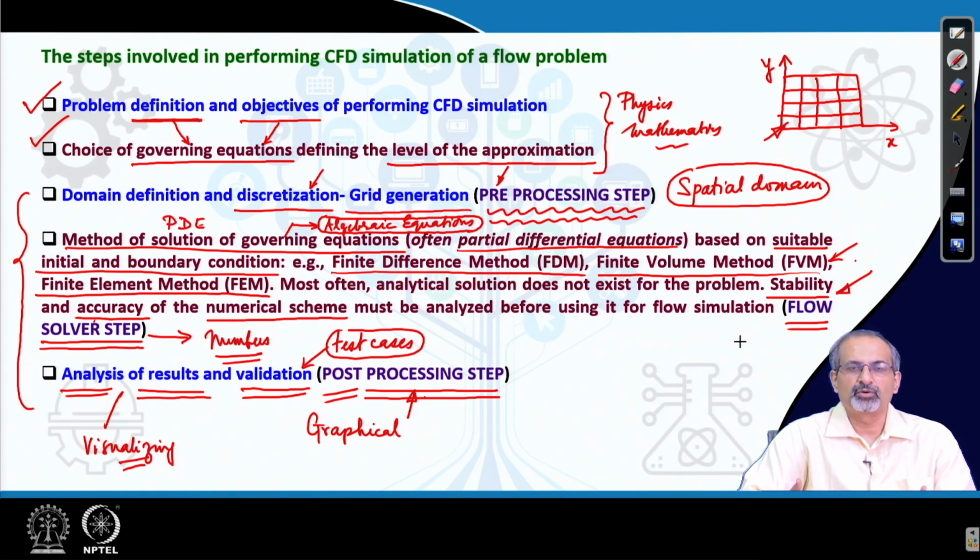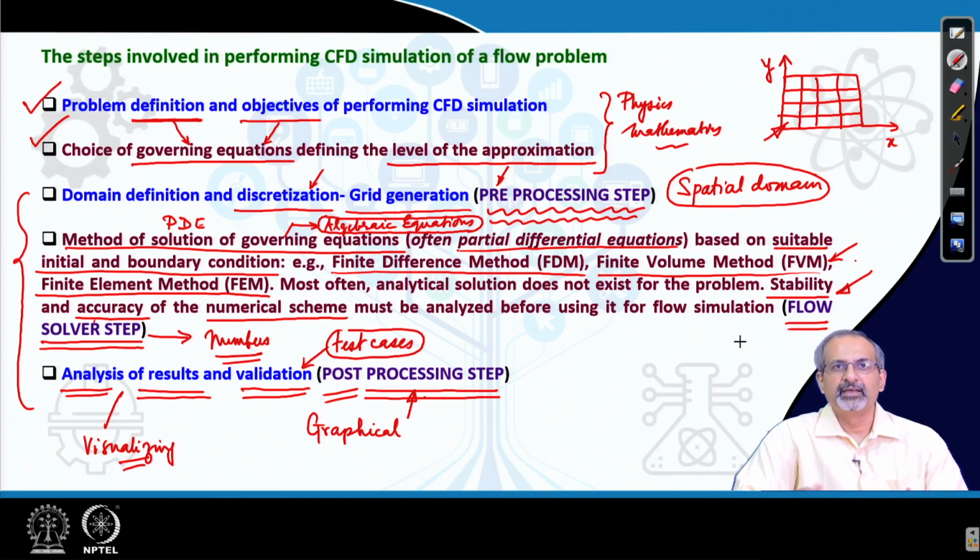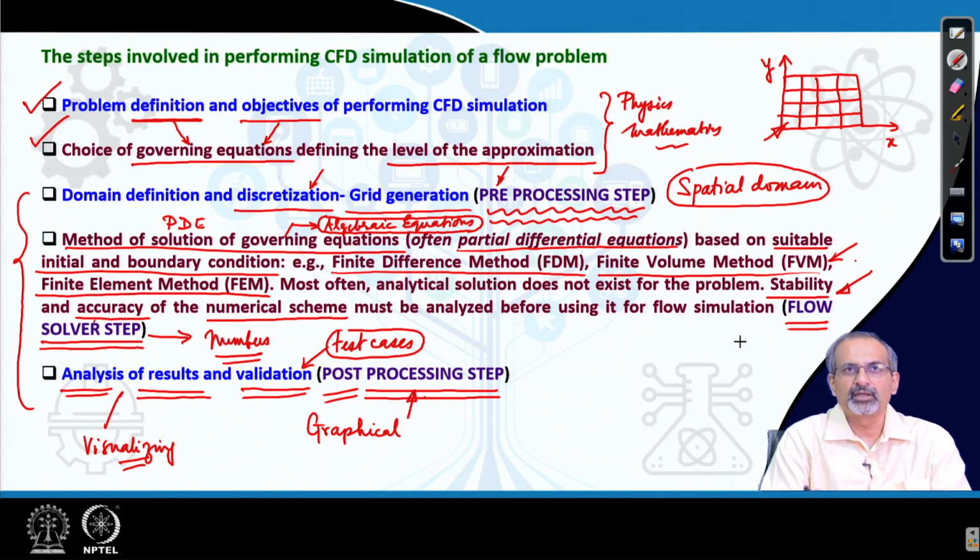And when you try to do a quantitative comparison, then you need to have some test cases with which you try to prove the worth, the accuracy, the stability of the solution that you have generated. So, once you do that, the solution is validated, then your process is well proven, and then your results can be believed. So, these are more or less the main activities, the main steps that are followed in a CFD